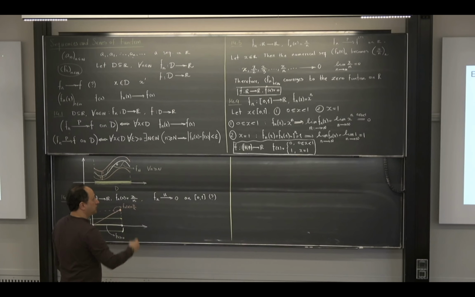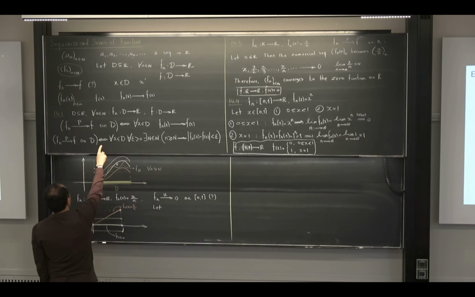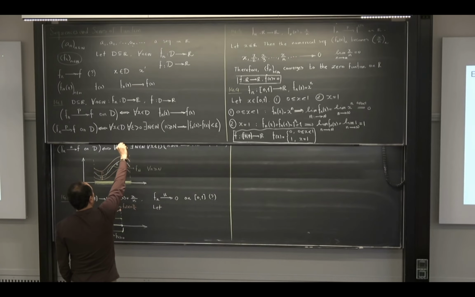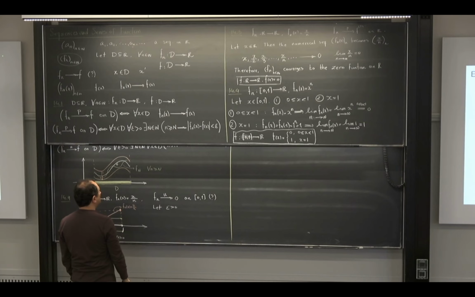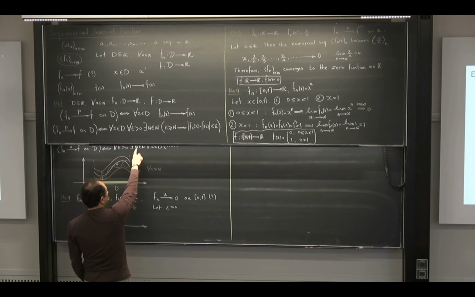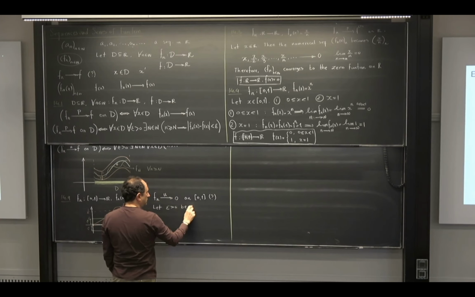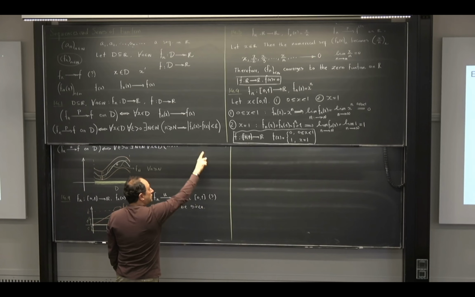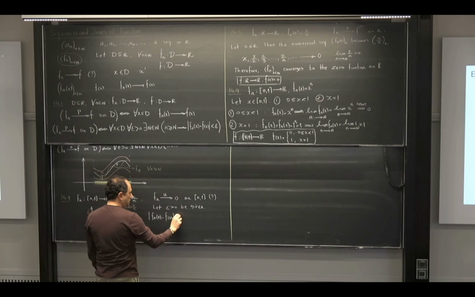So we want to do more or less the same thing. So we say that let, so here, uniform convergence, where was the definition? Epsilon should come first. So I would say let epsilon be given. We want to prove that there is an n such that for every x, if n is greater than that, it works. So let me start with epsilon be given. And I start with my error. So f_n of x minus f of x is this one. This is less than epsilon.